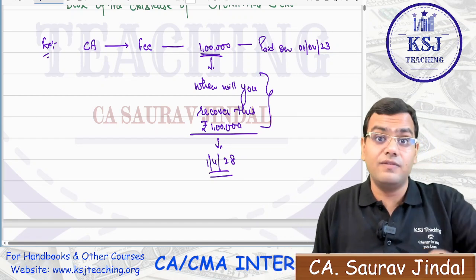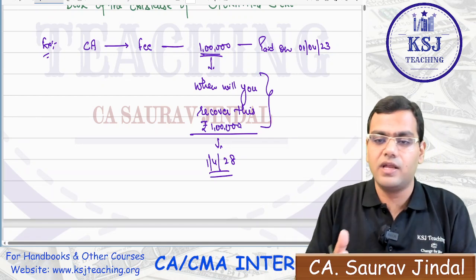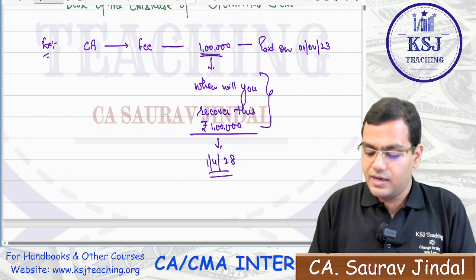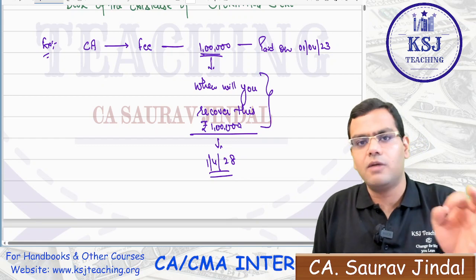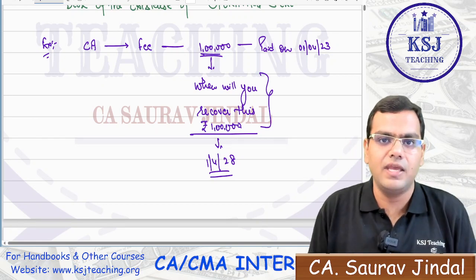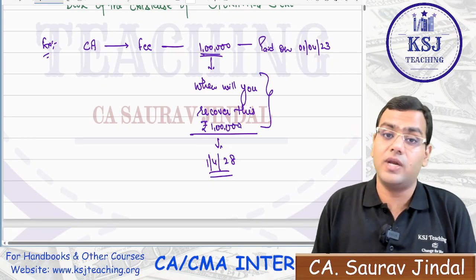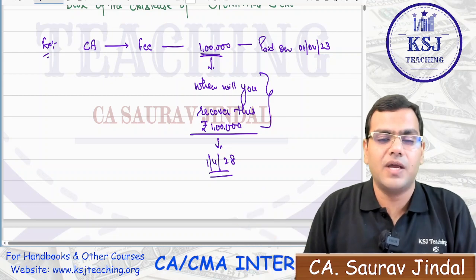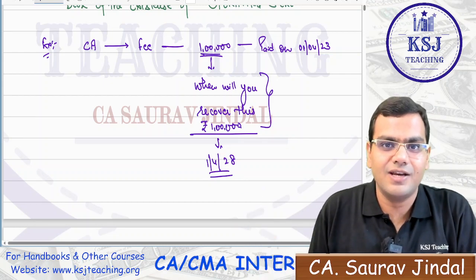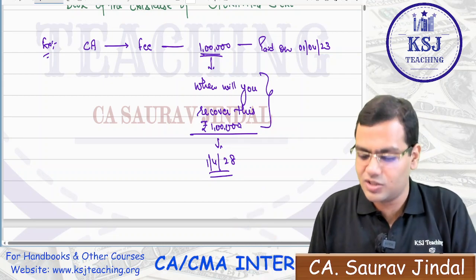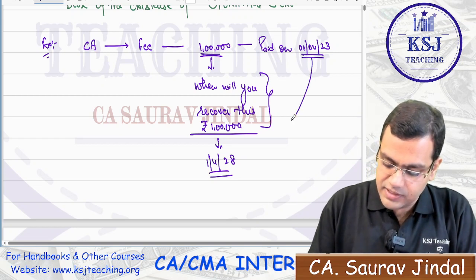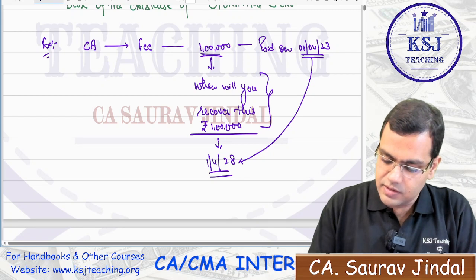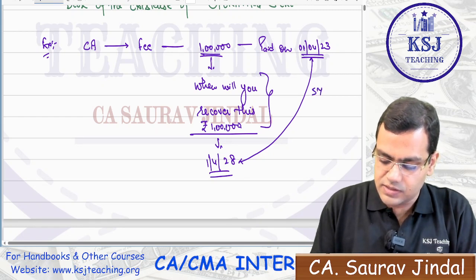You will recover it when you will start earning. When will you start earning? Once you become a chartered accountant. Let's say you become it on 1/4/2028. You get your membership. You join a company, right, as a chartered accountant, and you are getting 1 lakh per month as the salary, right? A dream salary, sir. 12 lakh package, isn't it? So what will happen, sir? What will happen during this period? What is this period, sir? What is this period of 5 years?